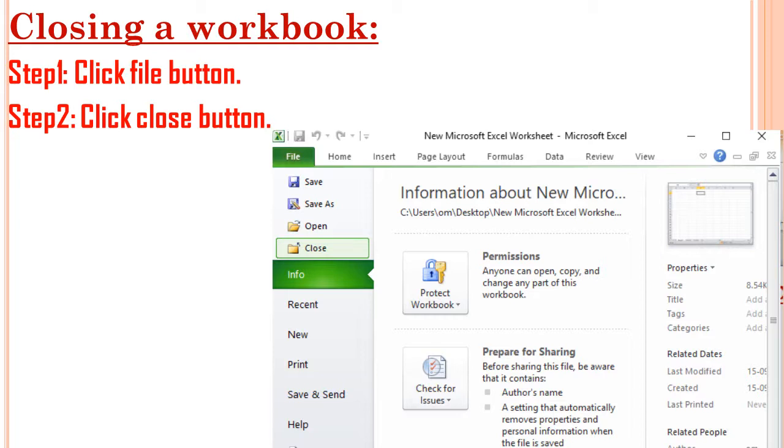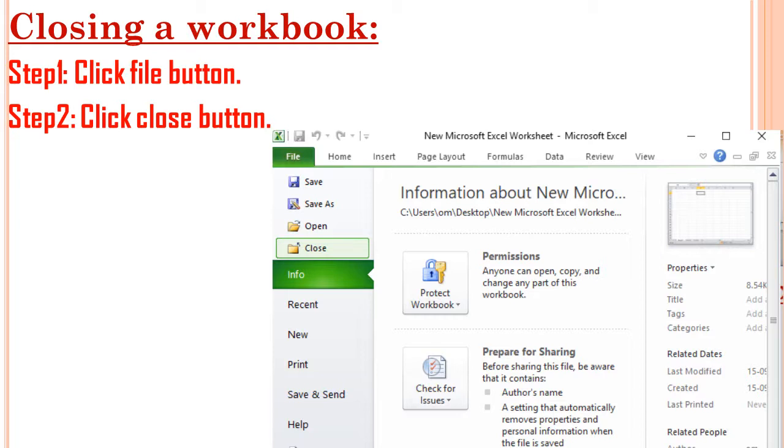The current workbook will close. Other workbooks you have opened will remain open; only this workbook will close. You may get one doubt: you can easily close using the red color mark with a cross at the upper right. We can close that directly using that red mark, right? You will get some doubt like that, but